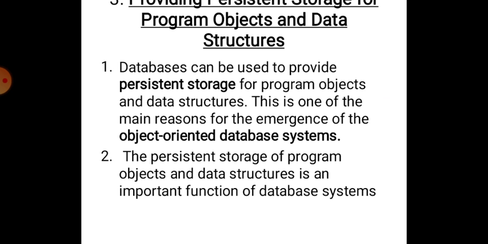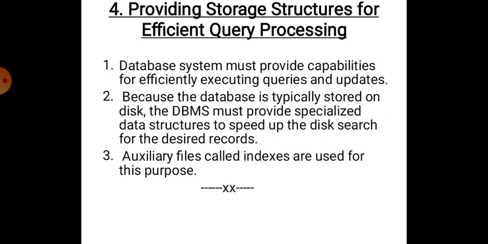Students, what happens in the file processing approach? The data and the instructions are part of the program. Once that program is executed, even the data contents are lost. So data won't remain after the execution of the program. And if the data remains after the execution of the program, it is said to be persistent. And we want that data to be persistent because data can be used by other programs. This facility is available in the database approach.